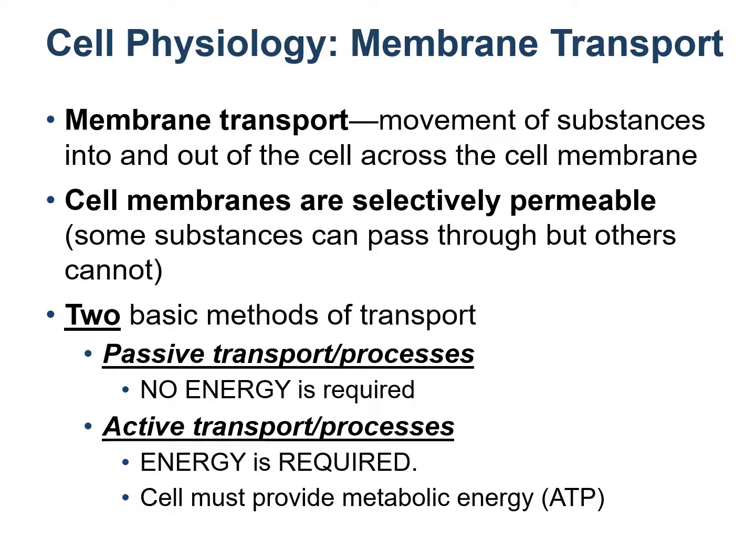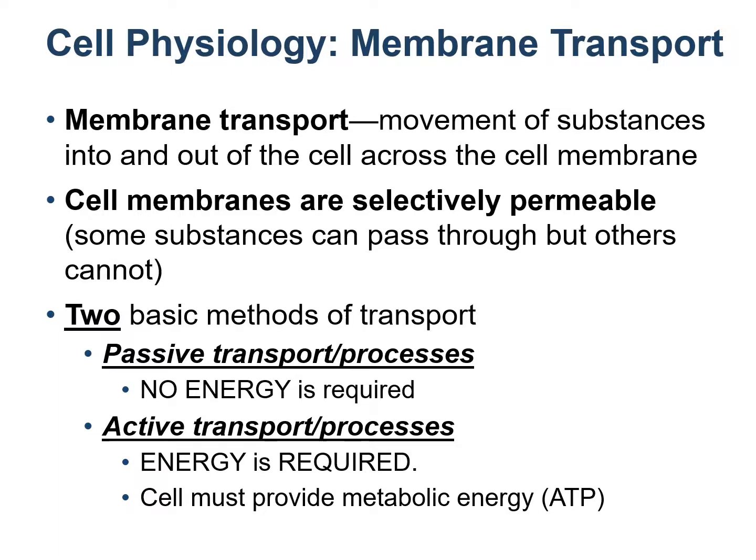membrane. And cell membranes have a very important property. They are selectively permeable. That means they allow certain things to pass and also stop certain other things from moving across the membrane. So they are being choosy or selective. There are two main types of transport that is occurring across the membrane. The two types are passive transport and active transport.